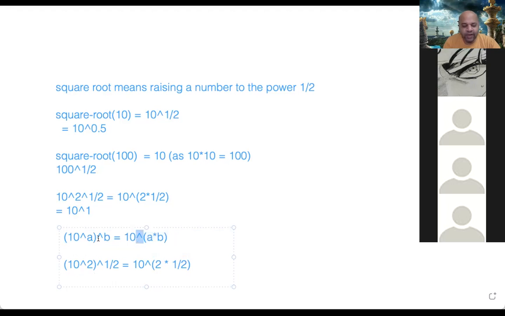If you get this, then you can apply it and find the square root of any number very easily using logarithms. Suppose you want to know the square root of 49, we know which is 7. 7 into 7 is 49. What is the square root of 48? It will be some approximate number, not an exact number. It will be 6 point something. But how to find out?